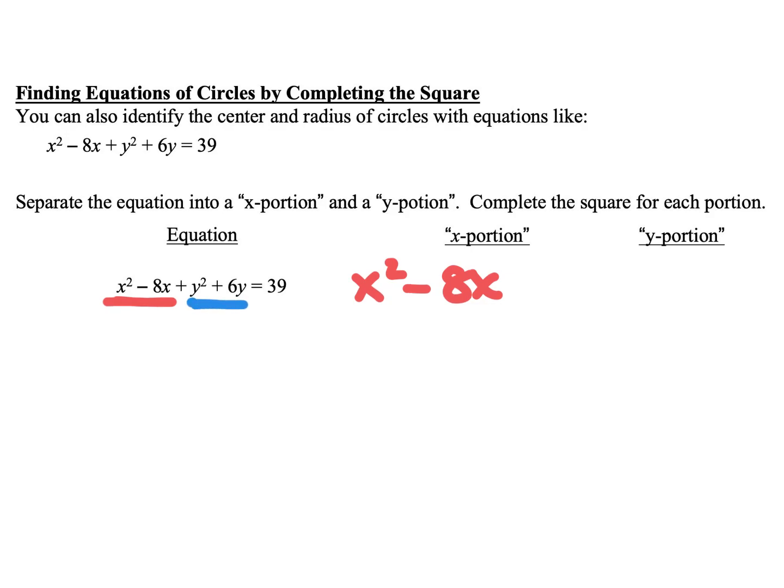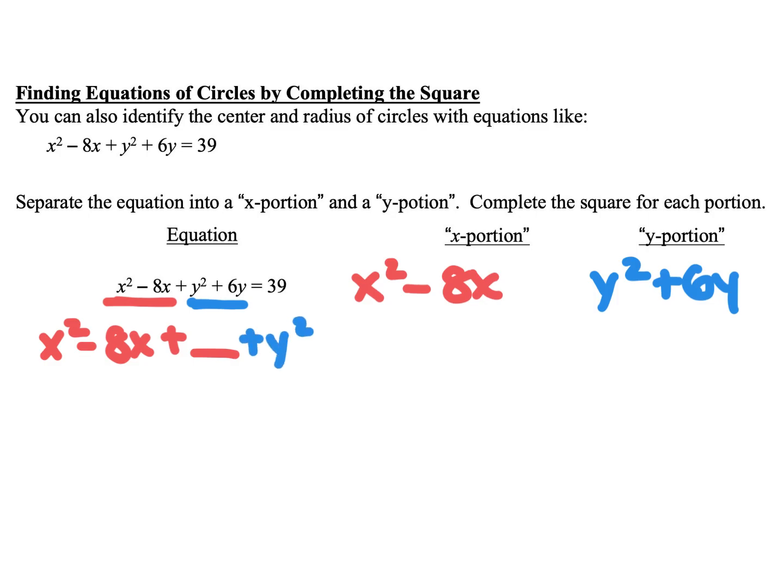The y portion is y squared plus 6y. So what I have to do is figure out what to add to complete the square so I can factor them. Because I want to make it so it's x squared minus 8x plus something, and it's going to be y squared plus 6y plus something